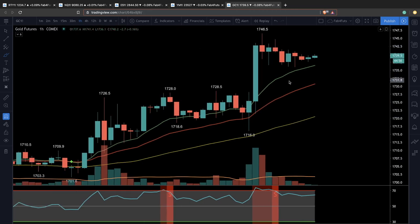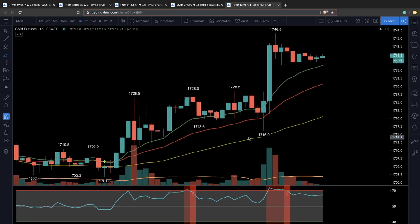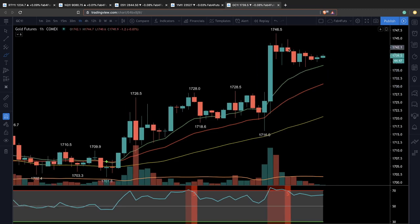I hope you were able to catch that. So your supports, I would say, would be psychological at this point, 1720, and then 1716, and then 1701. Your resistance,